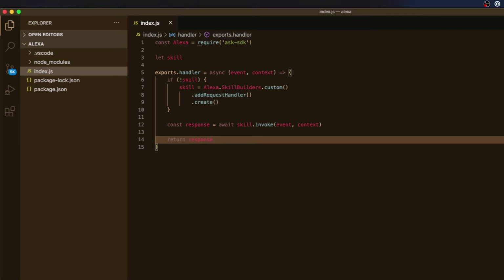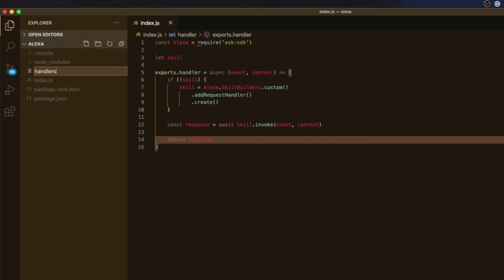Now let's take a look at the request handlers. Remember that in the previous video, we created intents. So basically an intent, when you create in the Alexa developer console, translates to a function here in my JavaScript code. And that's a handler. So back there I had the deploy intent plus a few other intents, which means that the deploy intent in the Alexa console is going to translate to a function here, which I'm going to be calling the same, deploy intent. And just so we don't have everything in a single file, I'm going to create another file called handler,